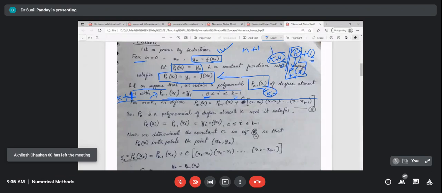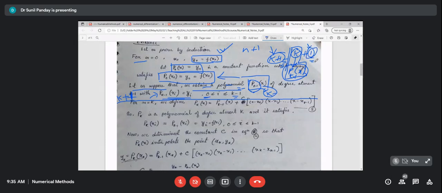So we have taken k plus 1 data points, and we want to find a polynomial that fits this data. In these k plus 1 data points, we split the data: first we find the polynomial for k data points, and then we think about what we can do for the remaining point. For k points it exists, because this is the induction hypothesis we are assuming. If we have k data points, then there exists a polynomial of degree k minus 1. So this exists by the induction hypothesis, and then we will see what happens with the next point.